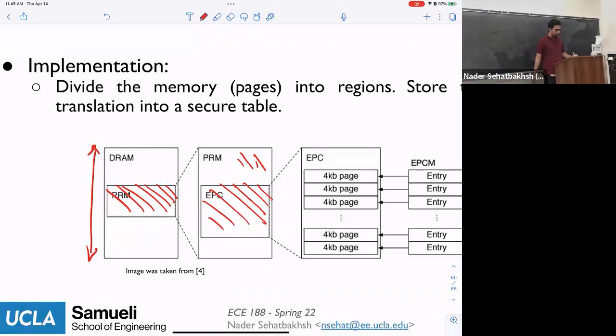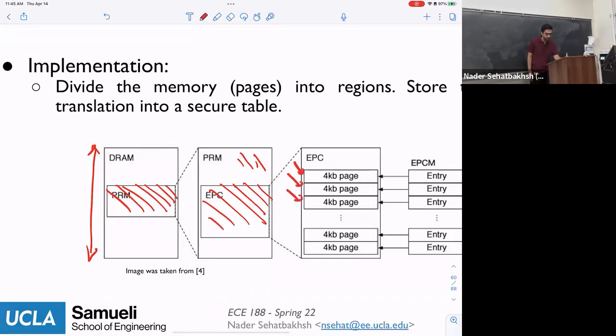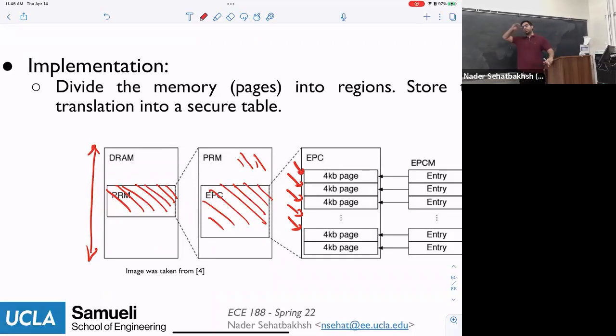So that's why, in the EPC, remember the same way that I said we're going to have multiple programs and do paging for accessing multiple programs, the same idea is used here. In our EPC, we have the paging notion, and each of these pages can belong to a separate enclave. With this trick, we reserve some part of the memory, so we know that only the TEE can access it. But within that reserved part, we do the paging.